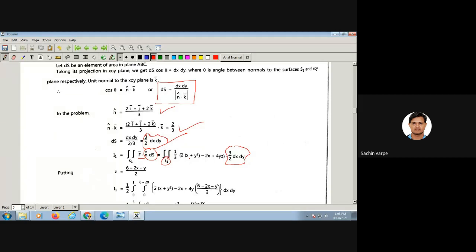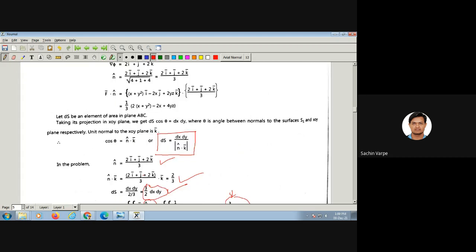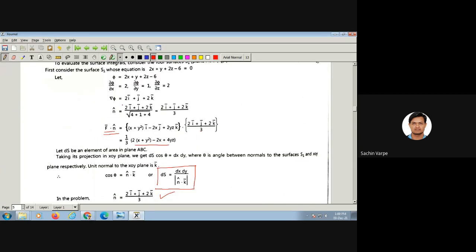Something is wrong, no? कुछ तो इसमें अच्छा, to take the area element they have taken this. So this is your f bar. You can see f bar dot n cap is this, they have calculated, where n cap is del phi upon mod of del phi,